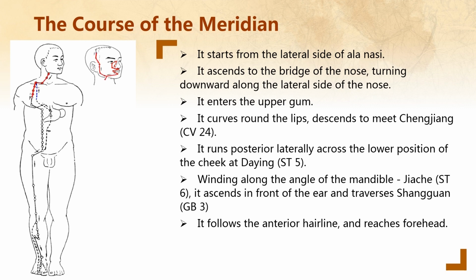The stomach meridian starts from the lateral side of the nose. It ascends to the bridge of the nose, where it meets the bladder meridian. Turning downward along the lateral side of the nose, it enters the upper gum. Remerging, it curves round the lips, descends to meet Chengjiang, then it runs posterior laterally across the lower position of